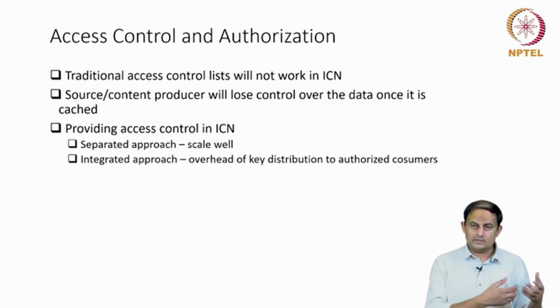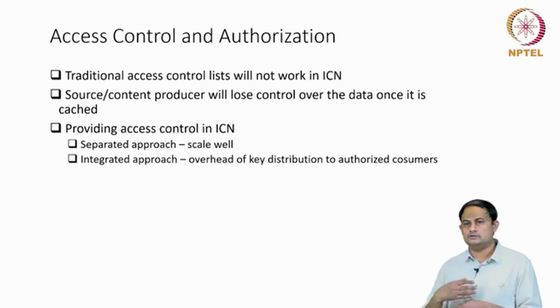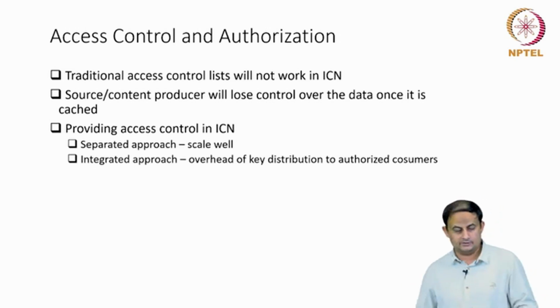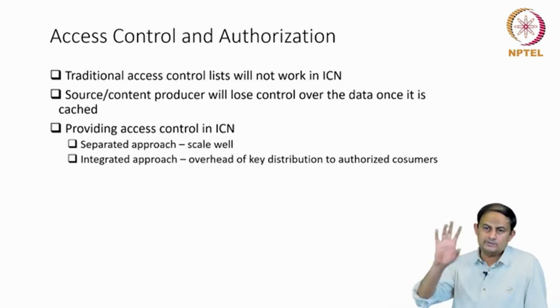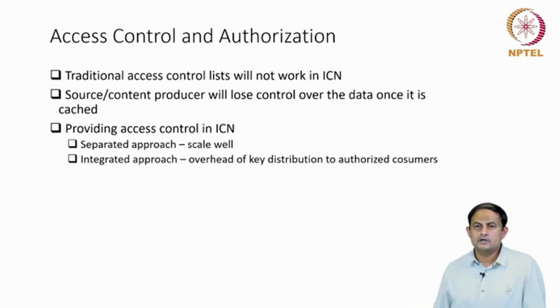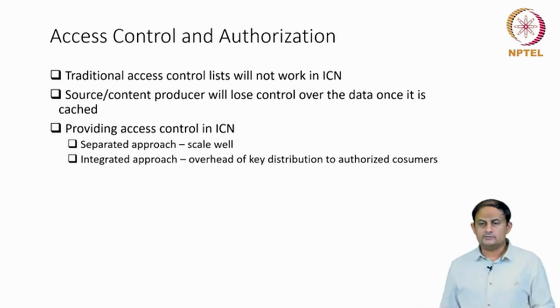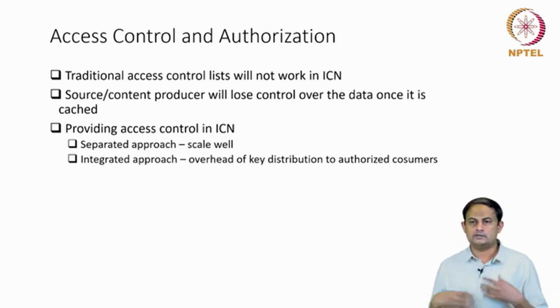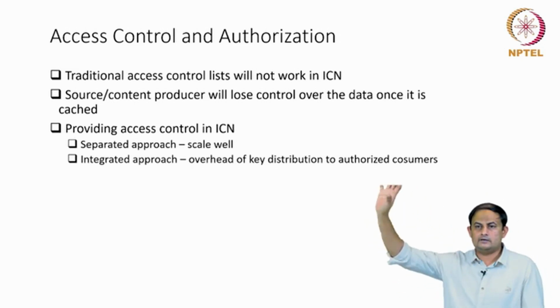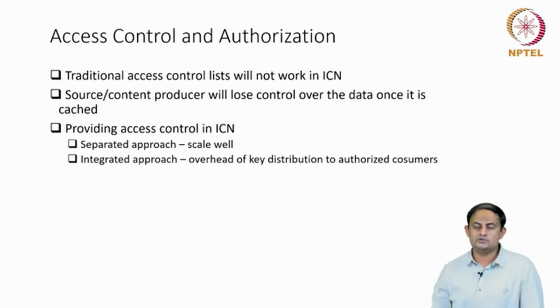Now after having all these features, let's look at the problem from the communication paradigm from a different perspective. Assuming I have all of these abilities in the ICN network and I am able to use them, what is the implication of such a communication infrastructure? Can we compare that to the current IP network? There is something called access control and authorization mechanism that exists in the current IP network. The producer can control who can actually consume the content.